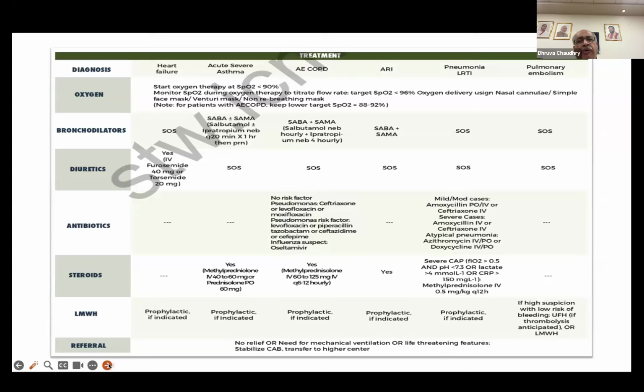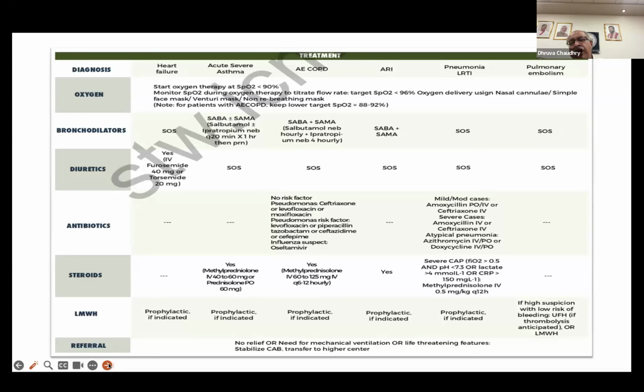So the net result is hypoxemia, which is low oxygen, and hypercarbia, which is low ventilation, leading on to carbon dioxide elevation. Oxygen therapy, all of them require it. But most important, and you need to be careful, in acute exacerbation of COPD. There you need to be very careful about two things: how much oxygen to be given and which device to be used. So if you are suspecting AECOPD, the device to be used is a Venturi mask.